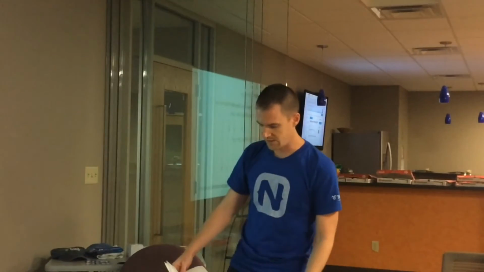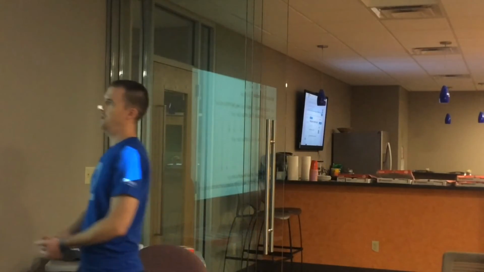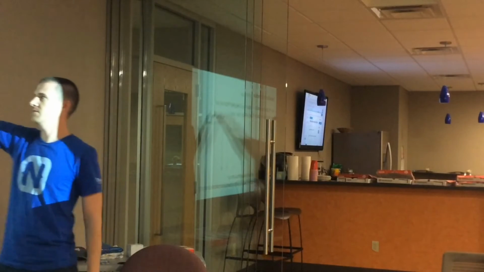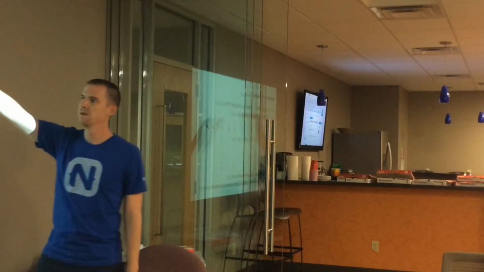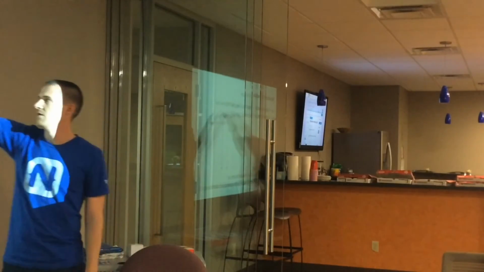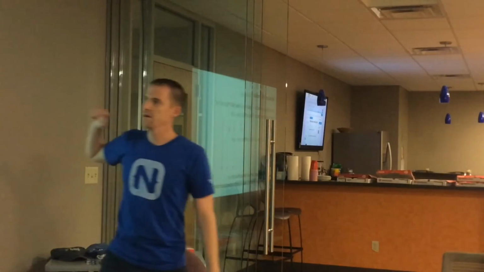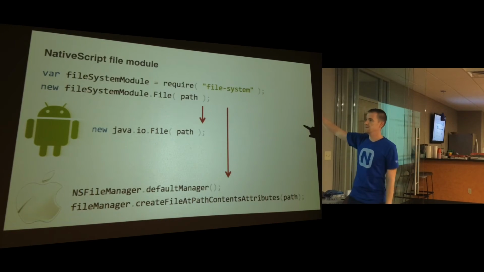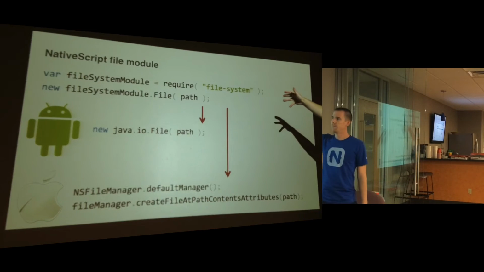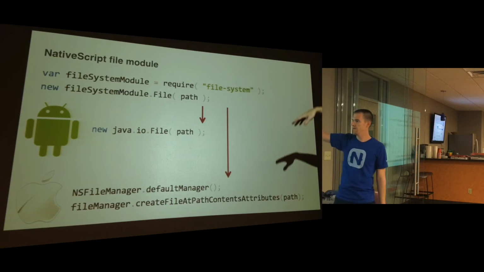So this is an example of a module, okay? And if you're familiar with JavaScript frameworks and JavaScript libraries, you can require the module that you want to use here. In this case, they're using the file module. And you're going to say new file, yada, yada, yada.